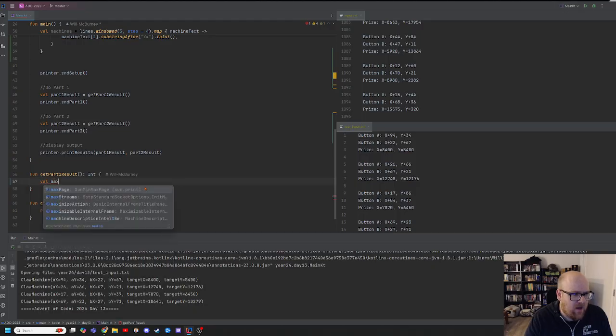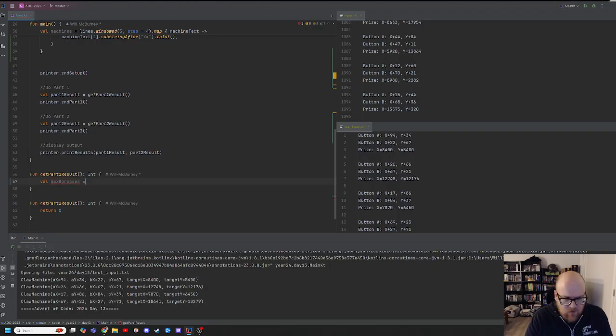Val max B presses equals going to be machine dot for each, and the maximum possible B presses are going to be